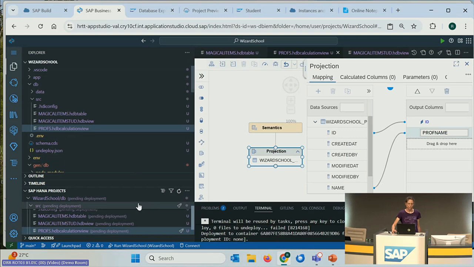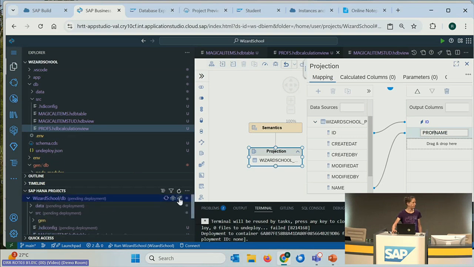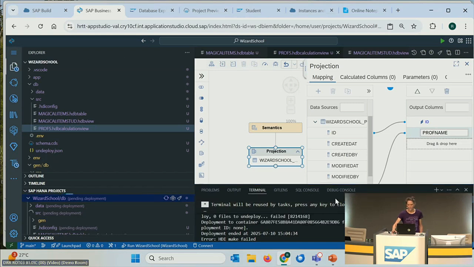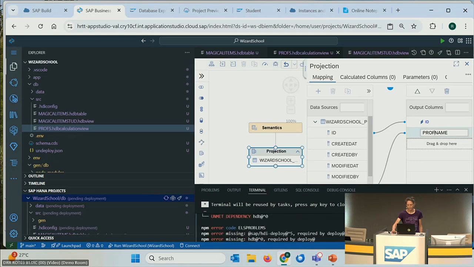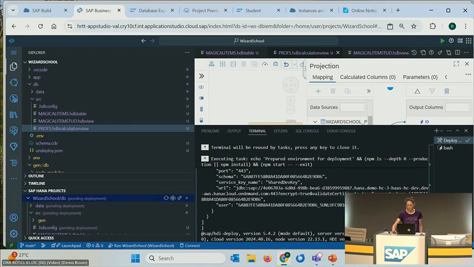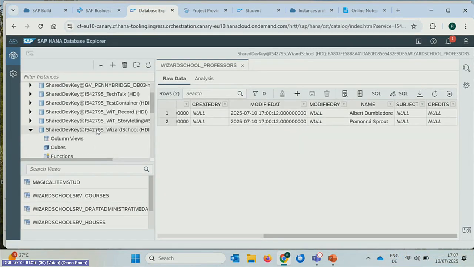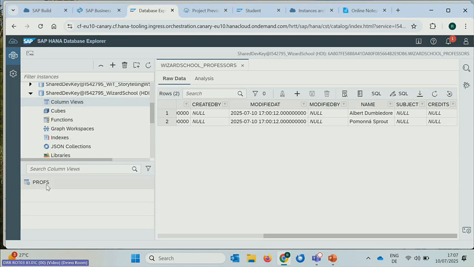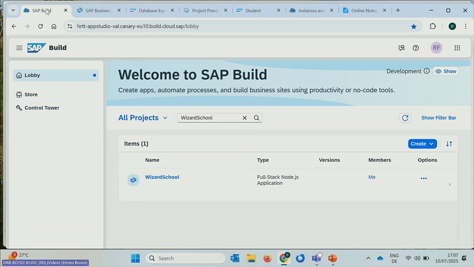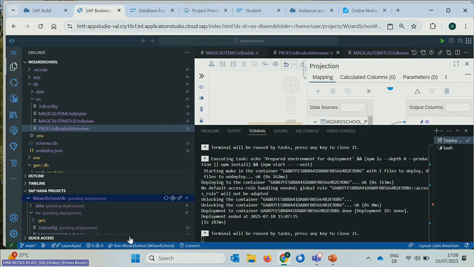Okay, and then, of course, we have to click our Rocket button, and then we should find also our calculation view in our database. So the deployments are successful, then let's check the column views, and here we have our professors. Okay, so what we have seen, we have created a target state, and then we click this magic rocket button,